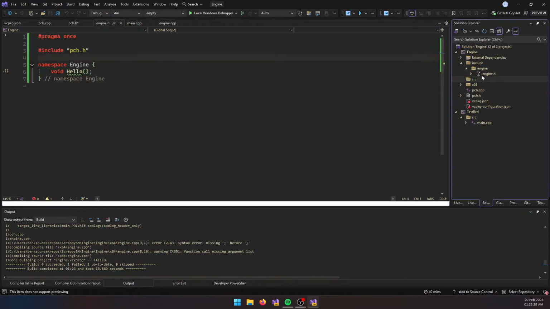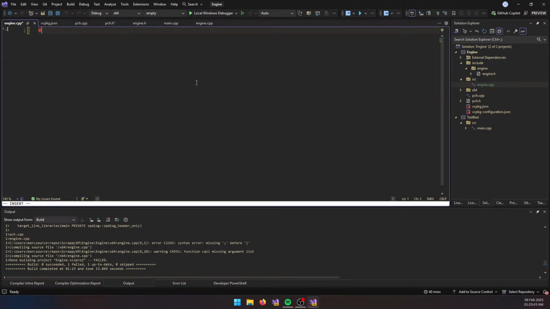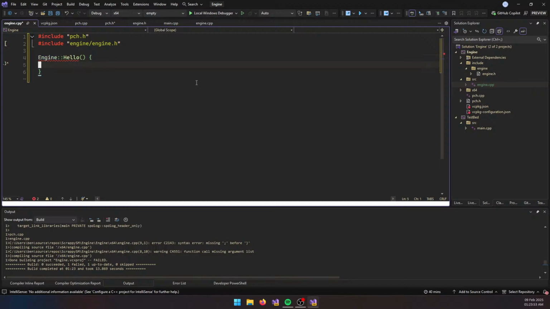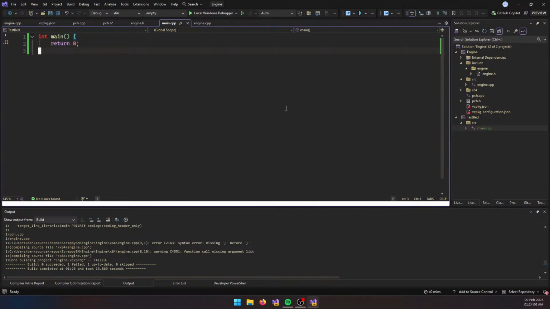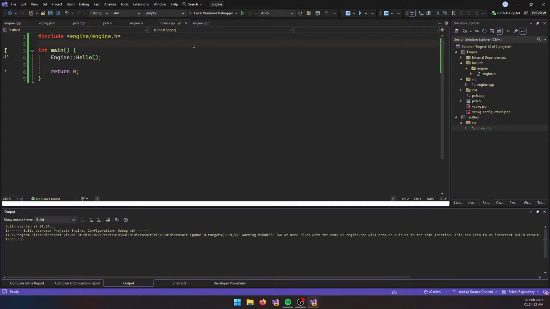Let's pop into the engine. For some reason, our C++ file has disappeared. Let's make a new one. Let's include pch.h and then engine/engine.h, engine hello. Yep, Copilot has once again got us. We got static return type. Hopefully, if we do include engine/engine.h, and then we don't actually need that, but let's keep it there for now. If we run this, hopefully,